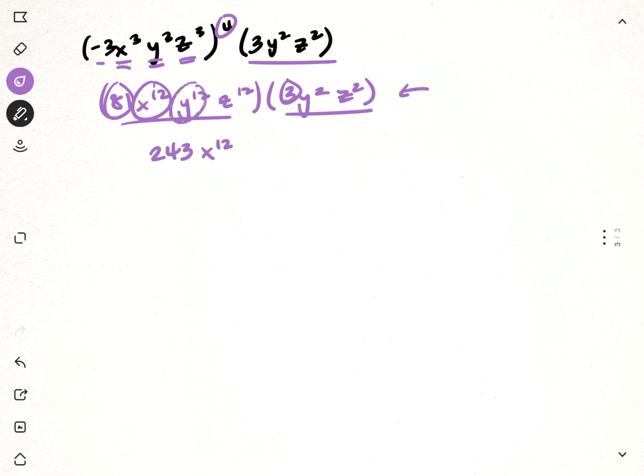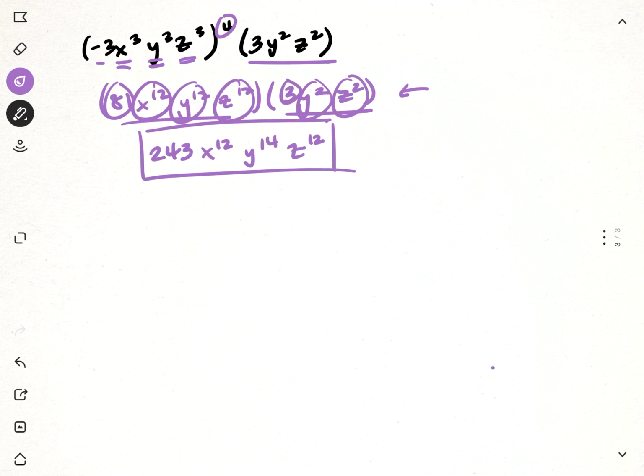We have y to the 12th and y squared there. Because we're multiplying, remember we have to add those exponents. So y to the 14th, and then z to the 12th times z squared. Again, we're adding to get z to the 14th. So just take it piece by piece. Remember your rules. If we're doing a power to another power, that's a multiplication. If we're multiplying two powers like we had here, y to the 12th and y squared, then we're